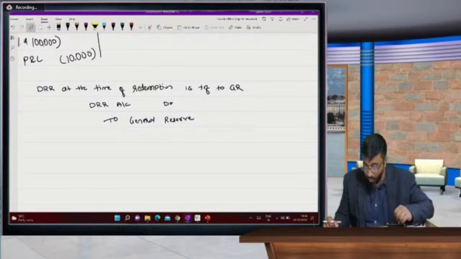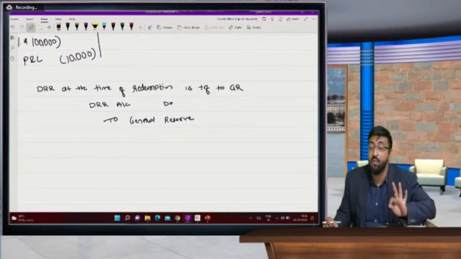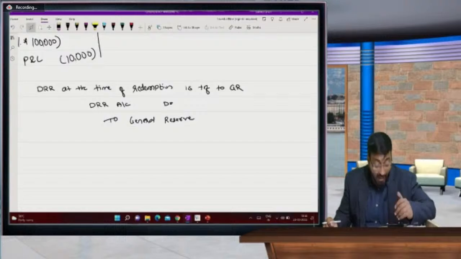I hope now every one of you is clear with this concept. But at today's session, I don't know why, but in starting only there was a technical problem. Now, some students are not asking me any question. I hope every one of you is now clear with the concept of DRR and CRR. It's very simple, sir. DRR and CRR.